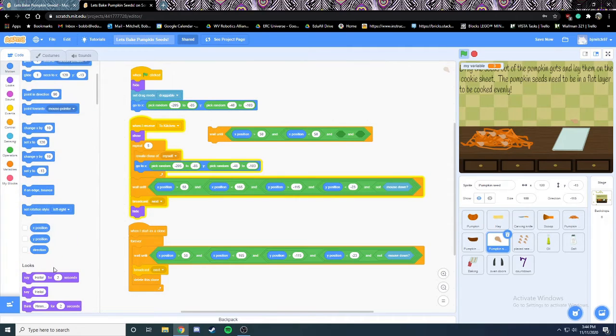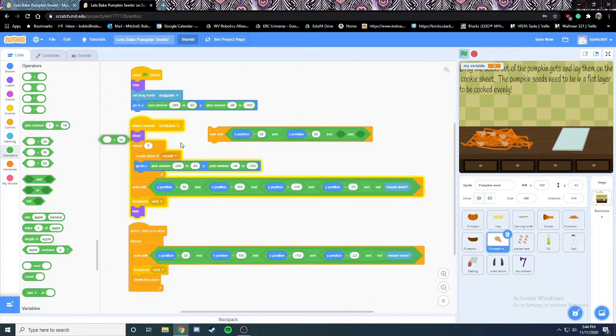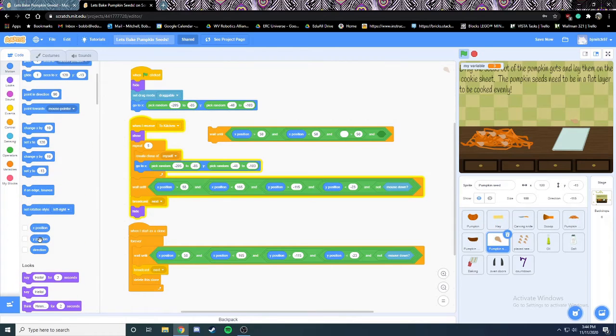We will need, go ahead and scoot this over, another AND operator. Go ahead and go up to motion. Now, cannot forget our greater than. Now we put in our Y. And if you just type in Y, this will not work, just Y or just X, or if you type in the words Y or X, then it will not work because it doesn't understand what that is. So you have to pull out one of these blocks. And so Y position greater than,